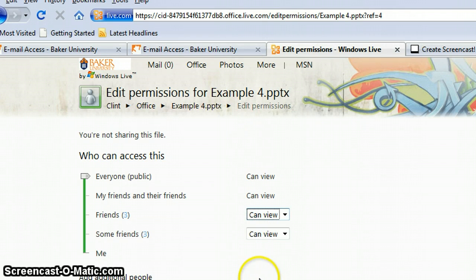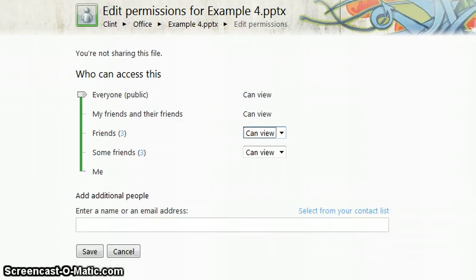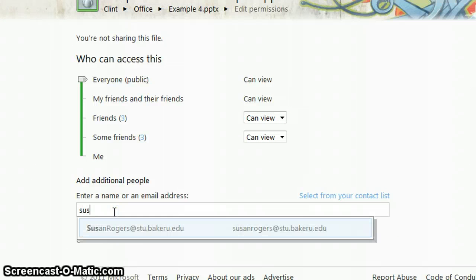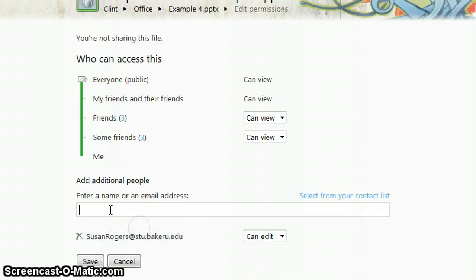Now, if you don't have your contact list set up, one of the ways to share, and maybe an easier way, is you can come down here and enter in someone's email account. You would type in their email address, or if you start to type and you see their name pop up, you can choose them. Now you see here Susan Rogers. I can adjust her ability to either just view the document or edit. So if we're working on it together, obviously I'm going to give her the edit option. Now if I click save,